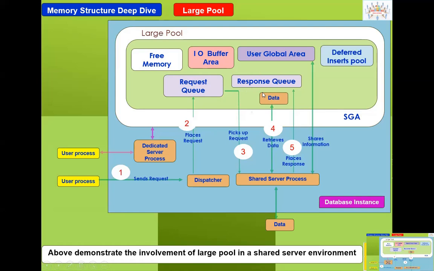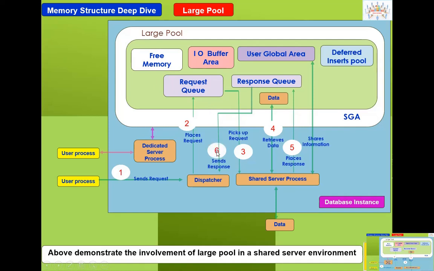in the response queue. And finally, the message will be picked up by the relevant dispatcher who initiated this connection, because this information cannot be fetched by a different dispatcher. The dispatcher who initiated the request keeps track till that particular request ends. Request initiation and ending should take place via that particular dispatcher. But for shared server processes, no. In between, multiple shared server processes can contribute to process that particular SQL statement. That is a different thing. But if it is dispatcher 1, the response also should be handled by dispatcher 1.